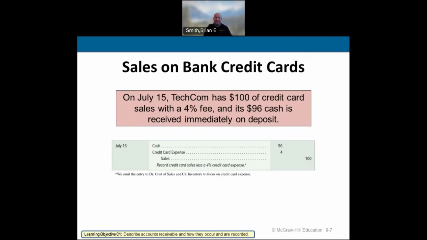Anyway, enough of that. So we're going to record the sale. I kind of fundamentally disagree with this because I don't agree with it. If you sold $100 worth of inventory, well, I guess it's not $100 worth of inventory, it's cash. I still don't like it, but I get what they're doing here. It's fine.